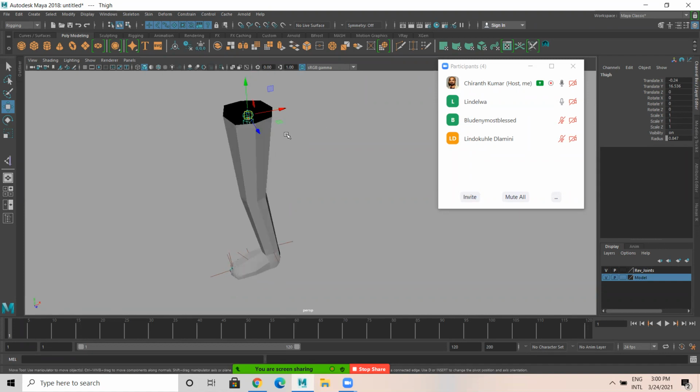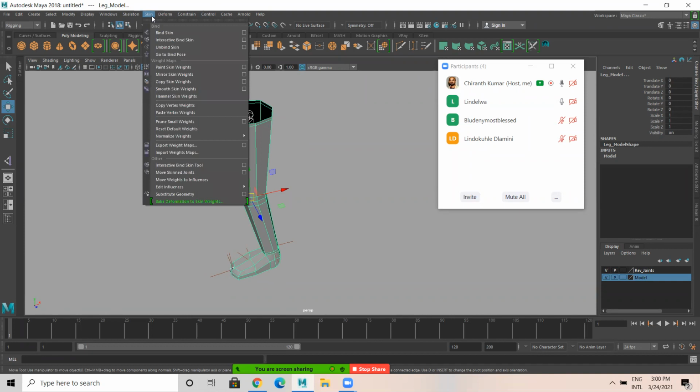The first step is select the thigh joint, then shift select the leg model, go to the skin menu, then bind skin.